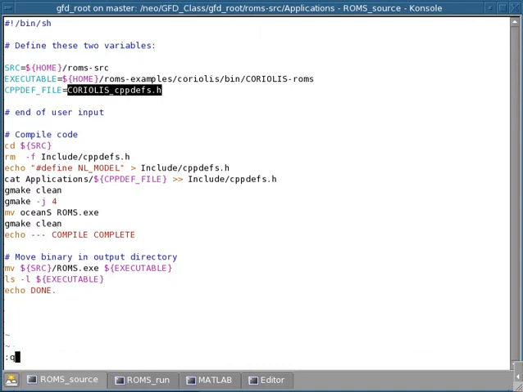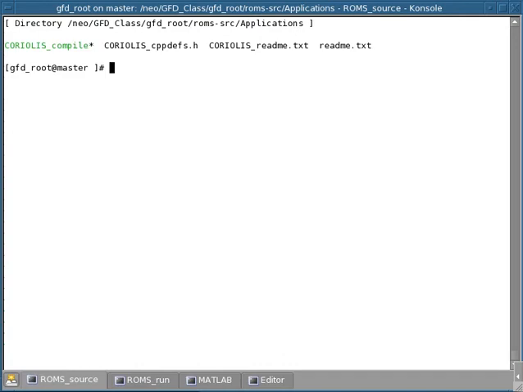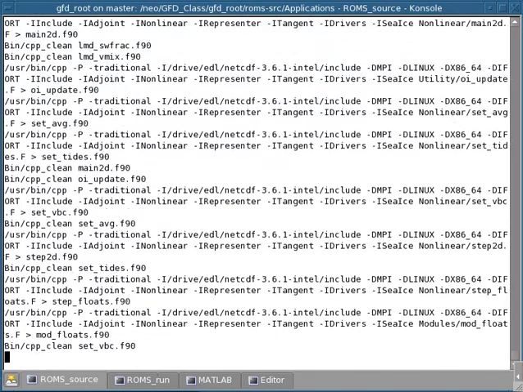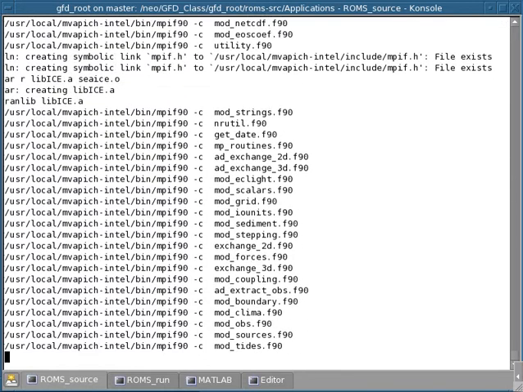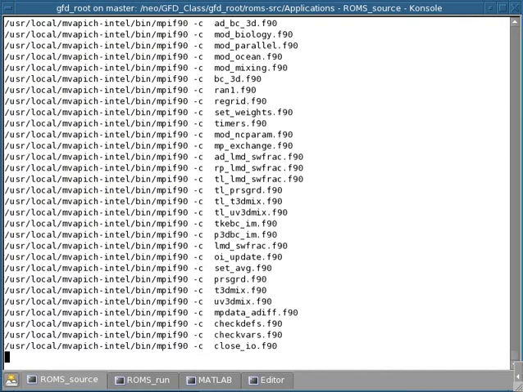With this in mind, then I can just go back here and run this script here, which is kind of nice, and I just wait as I did before, and